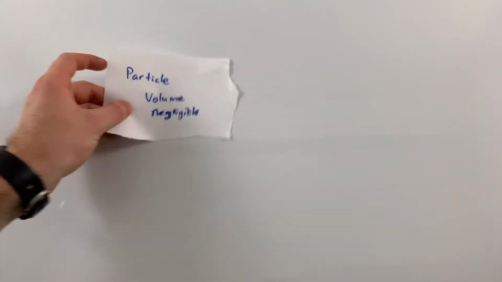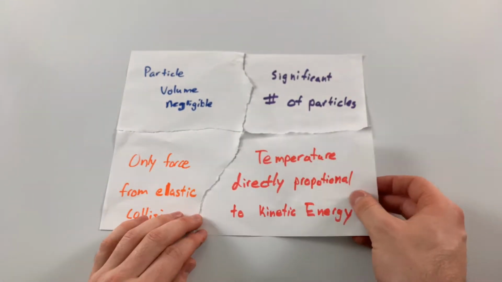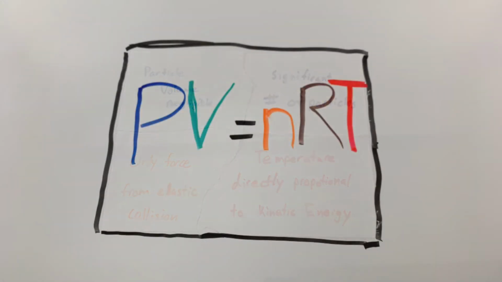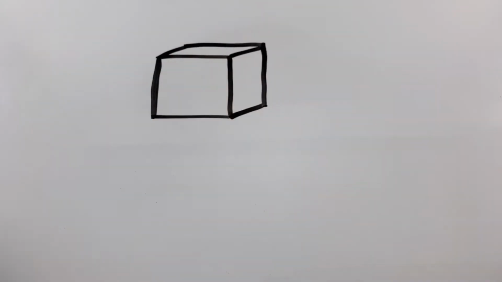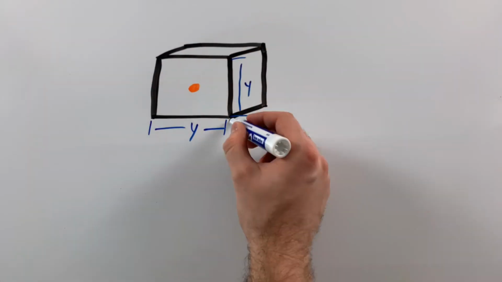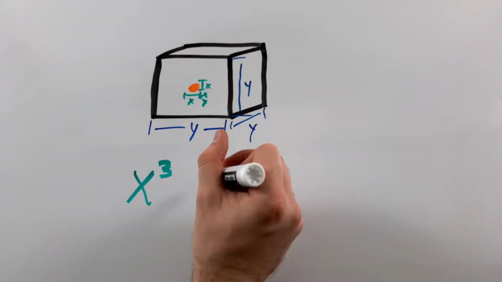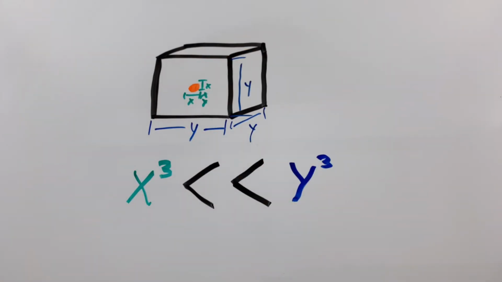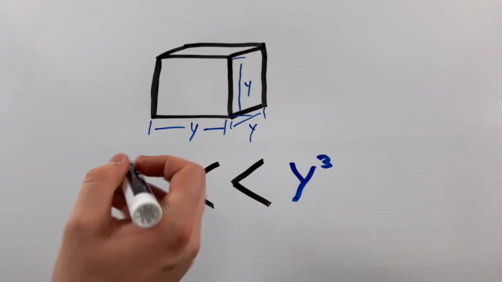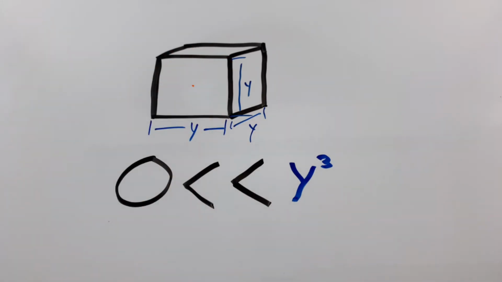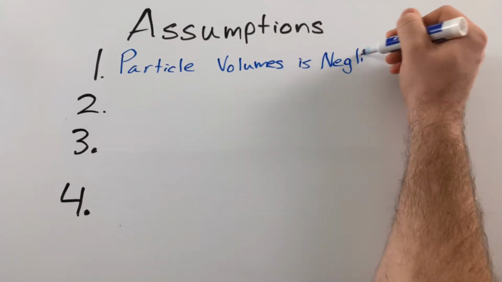And in order to understand those times, we need to first talk about the assumptions we used as building blocks to create our model. The first assumption is that the volume of our container is much larger than the volume of our particles. So we can ignore the volume they individually take up and instead treat particles as points in space with no dimensions, meaning particle volume is negligible.